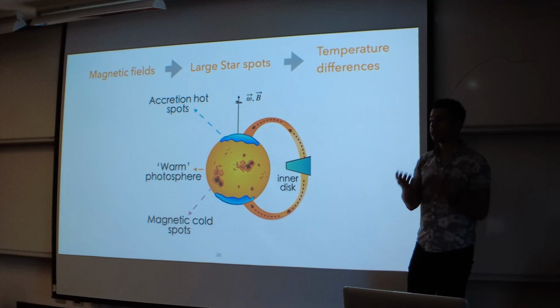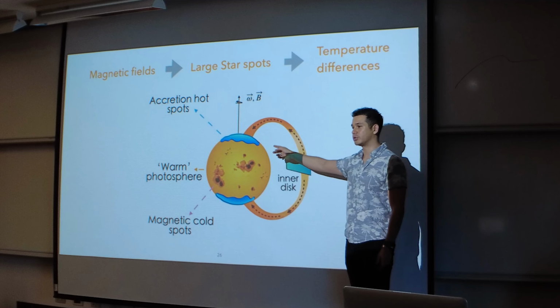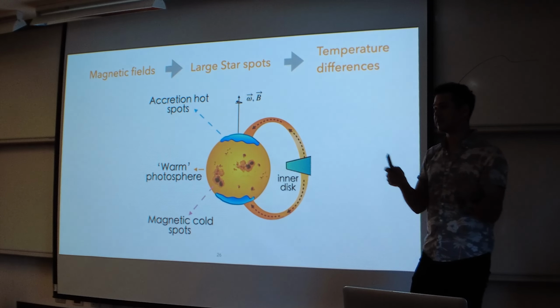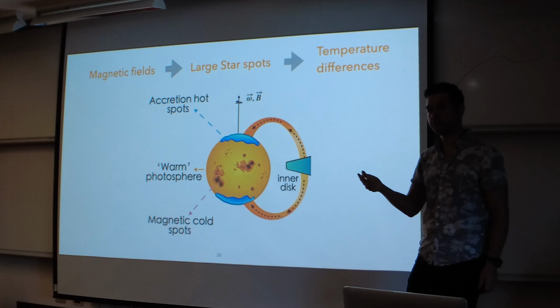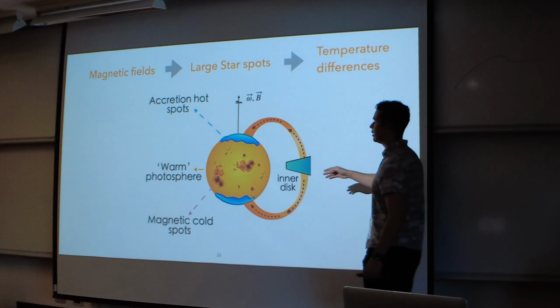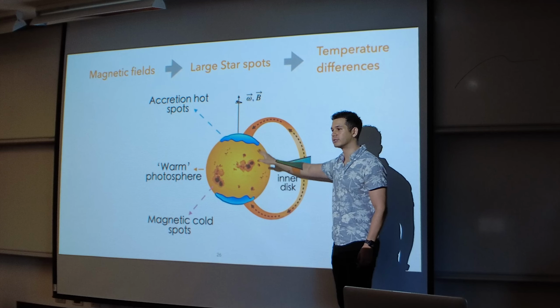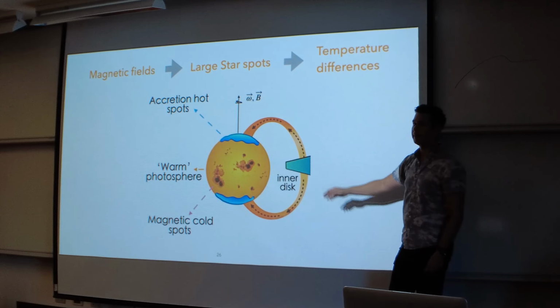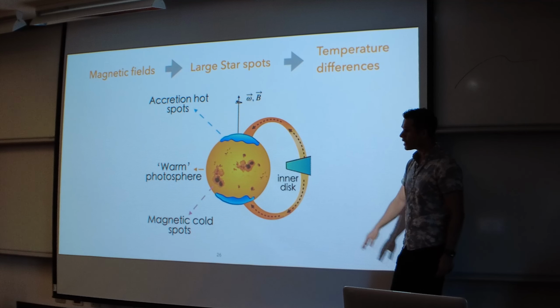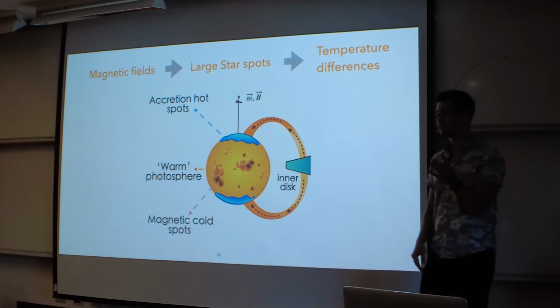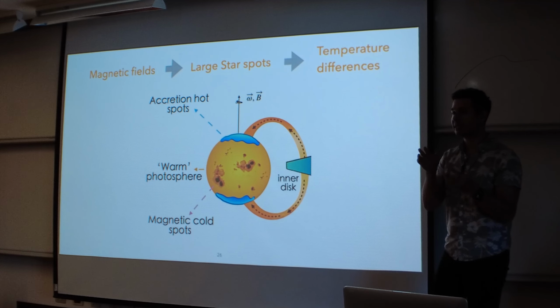For T Tauri stars, we see accretion. Accretion will mean we have hot spots. And studies have suggested that between 1 and 10% of the star can be covered by these hot spots that can get to temperatures of about 10,000 Kelvin. So they are a small A star on the surface of our much lower mass stars. So if you want to really answer the question of how spotted these stars are, and we want to compare those against